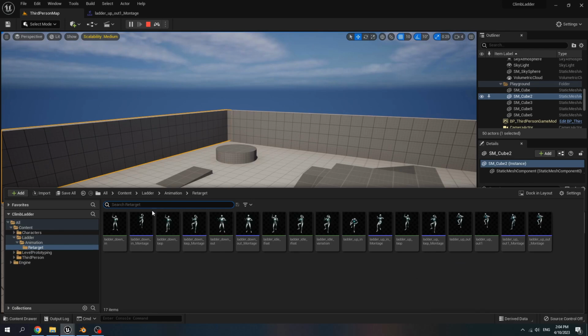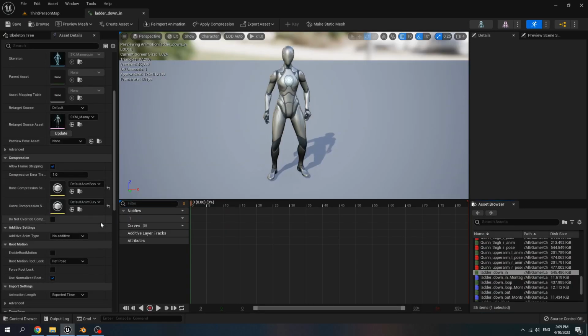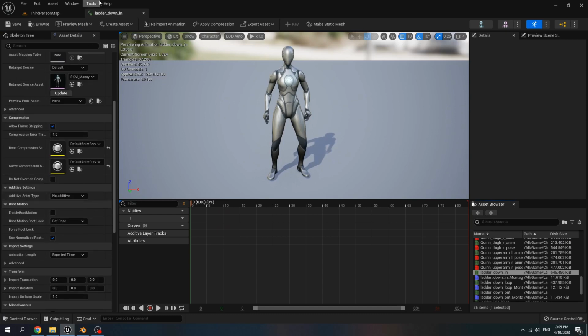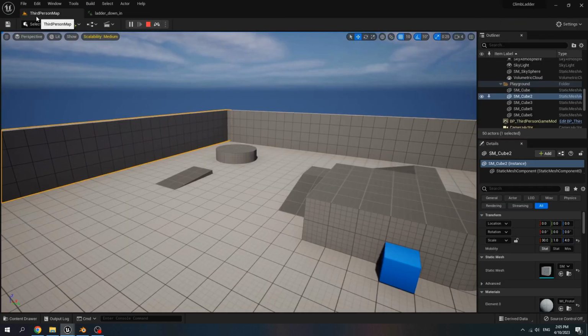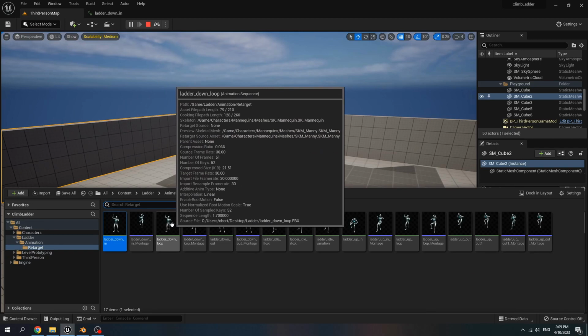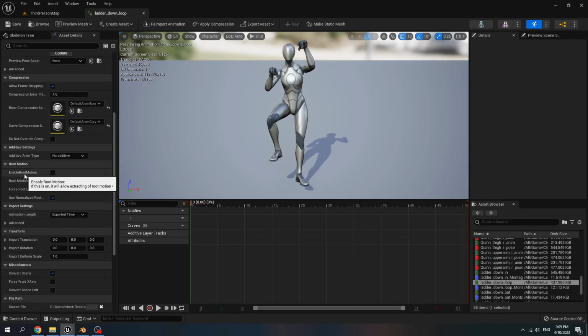For some of our animations, we have to enable root motion. Like ladder down in, enable root motion. Ladder down loop, we don't use root motion. We have to set force root lock to true, because we will use the timeline to move the character up the ladder.